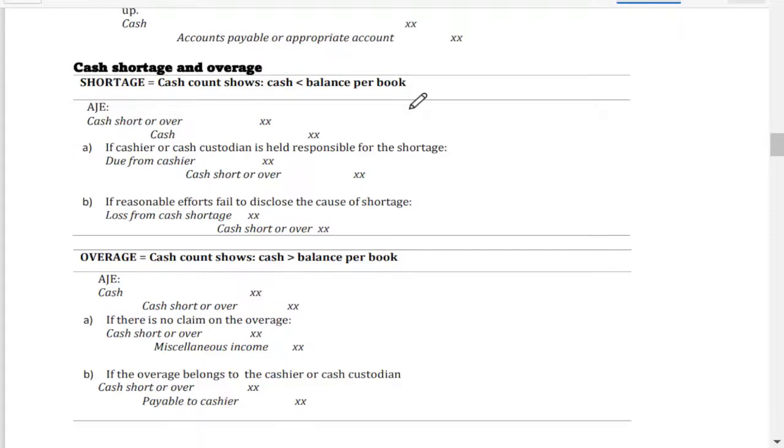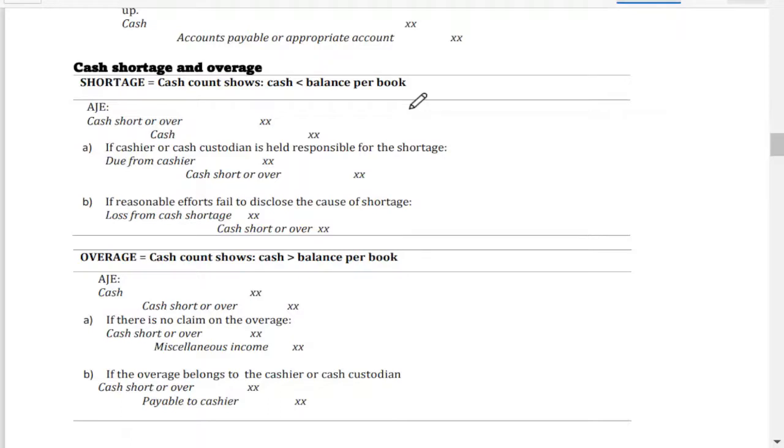So, count mo yung na-record dun sa receipts. If you have automatic na recording sa accounting system ninyo, so may entry na dun. So, per records, i-compare natin siya dun sa money per count. So, ano yung mga actual na nandun, pati yung deposit. So, check natin kung kulang ba yung per count or sobra ba siya or tama or tugma siya dun sa